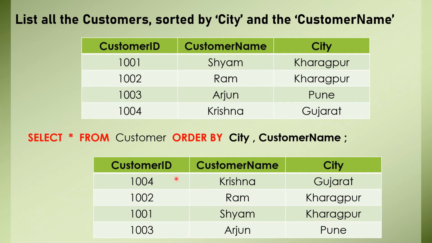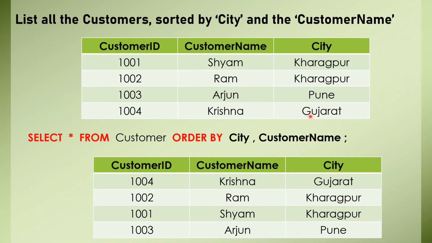So this is our answer here, but how did it come? At first you need to remember what the first column here is. City. So go to the city column and now sort this according to ascending order, because by default we need to sort it in ascending order only. So just see, there are two Ks, and exactly the value is also same, meaning there are two Kharagpur actually, and Pune, Gujarat. So K, K, P, G. So which is the first alphabet which comes in English?